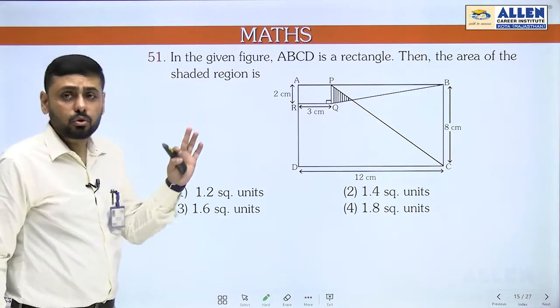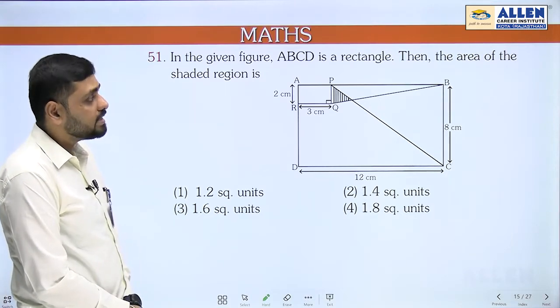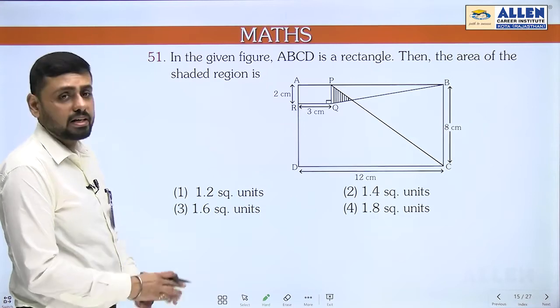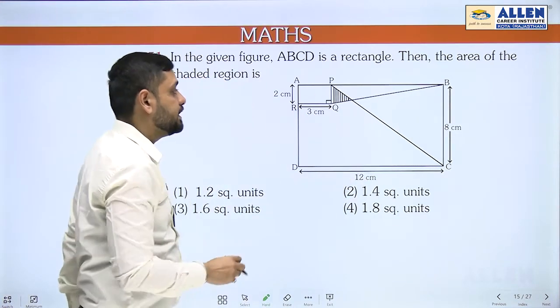Now we'll move on to the next question. What is given in the next question? In the given figure, ABCD is a rectangle, then find the area of the shaded region. So we need to find the area of this shaded region, and this is a rectangle,